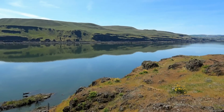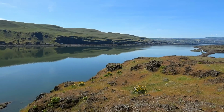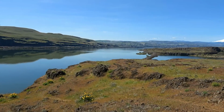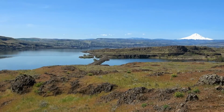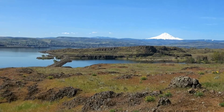See, across there is Interstate 84 going down to Portland. And then we got the Dalles. It's the name of the town there. There's a bridge that goes across to over here on the Washington side. And then you can see